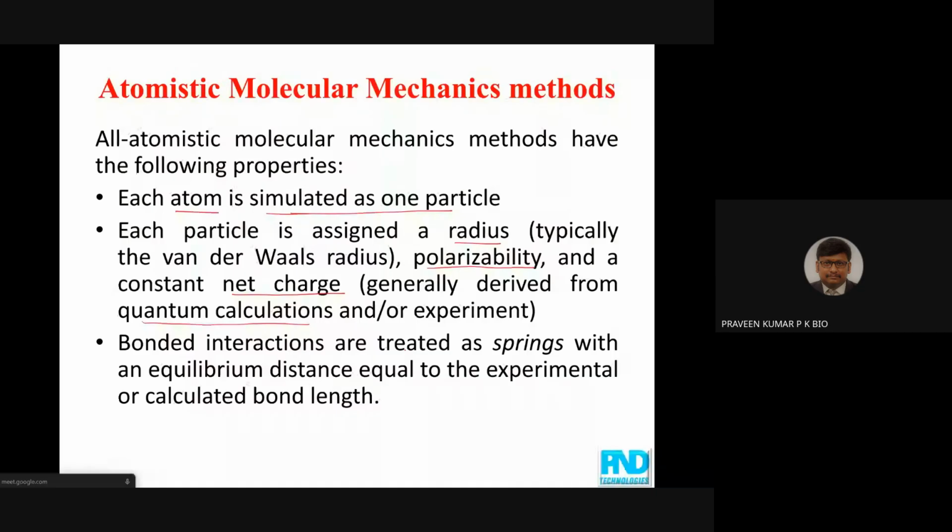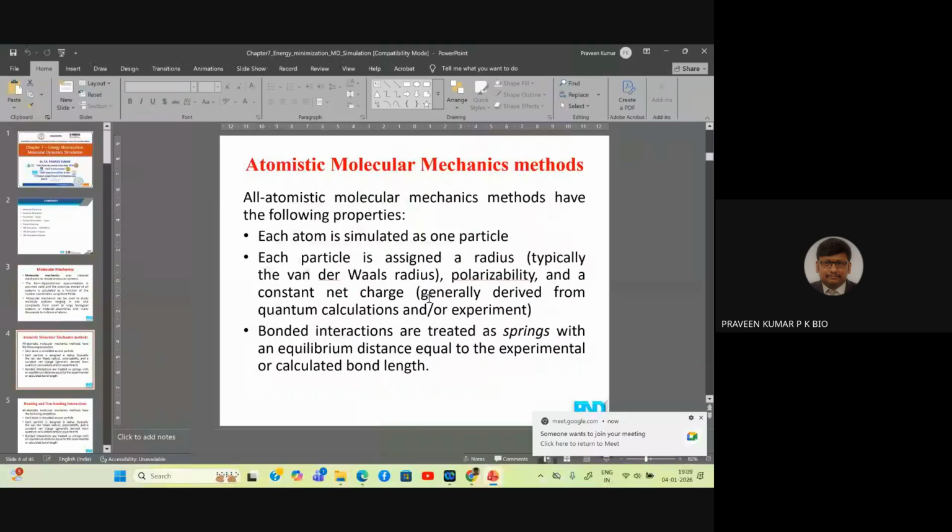Bonded interactions are treated as springs with an equilibrium distance equal to the experimental or calculated bond length. Okay, so it can be a ligand or an amino acid of a protein. So generally, we find like this. So the participants can follow that,